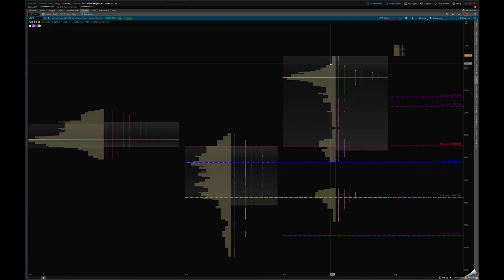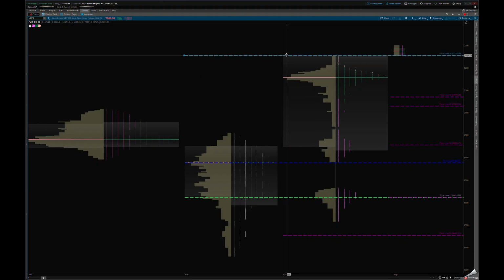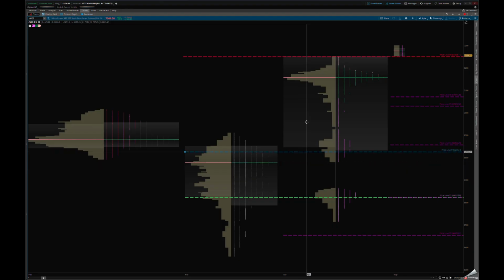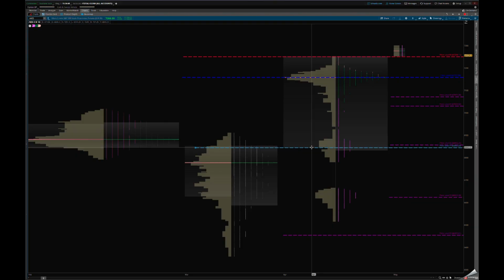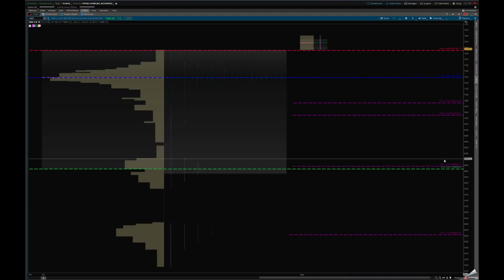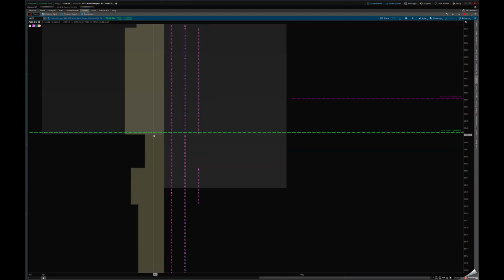From the daily, you can see where the value high is, the value area low, and the point of control. This was the prior month level. So what we're going to do is grab this, put it at the high here. We know what that level is. We're going to grab the point of control. Usually when the point of control is retested, it's no longer valid. You can see I have a lot of markings on the right side. I'm going to leave these alone, and I'm going to grab this and put the value area low right here. And you can really anchor them. When you zoom in, you can anchor these shadows to know where your market profiles are.